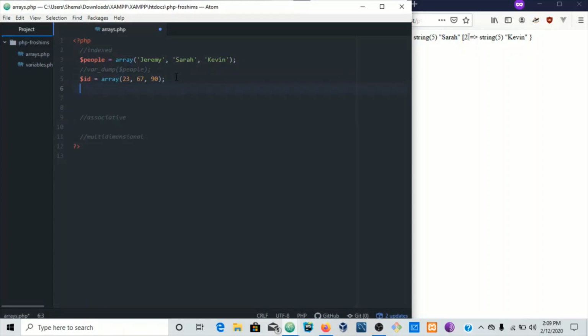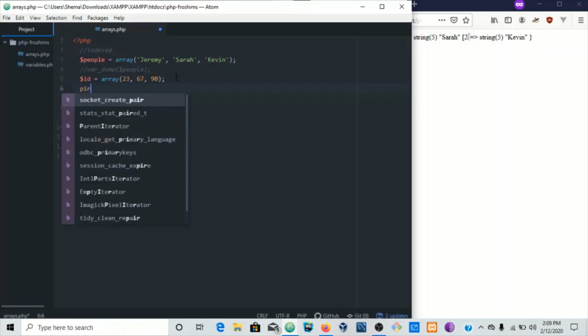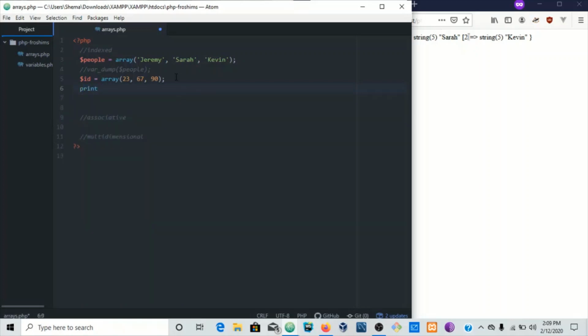Single quotes are double quotes. They are for string values. So let's say we should print. Let's do the print. So let's say we want to print